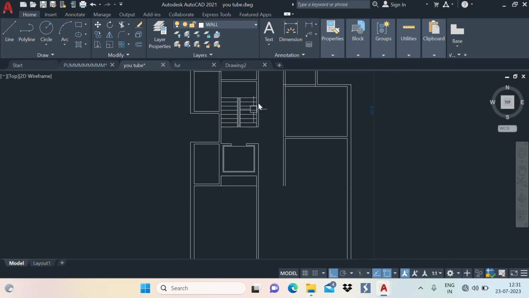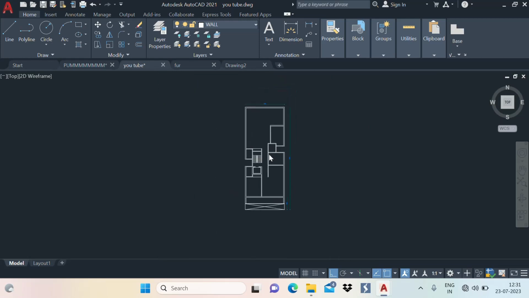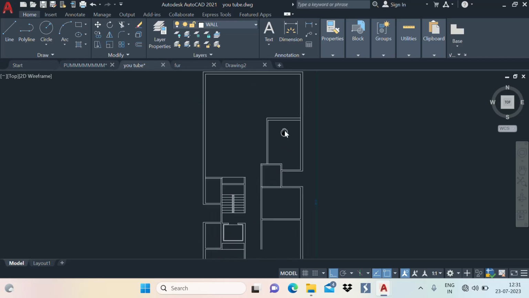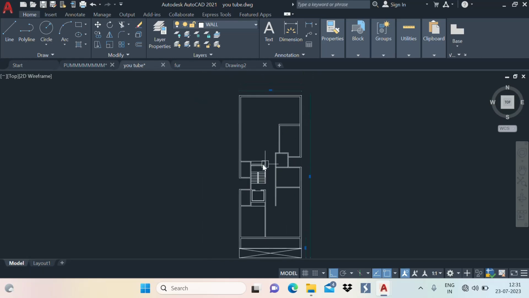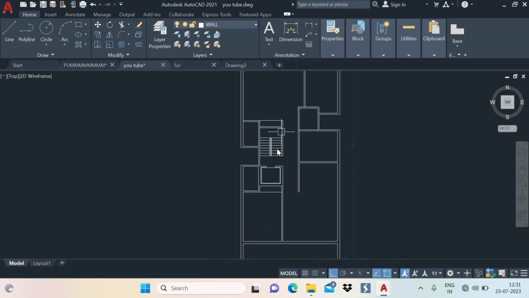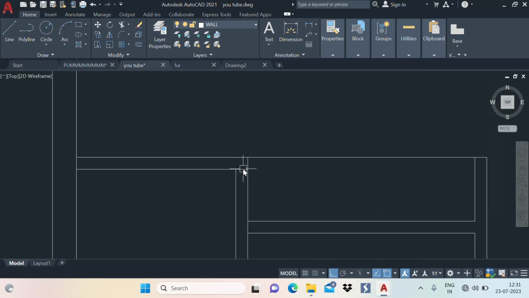You can differentiate the other line from this. After making this, you can see our staircase and lift portion is made. Now after this we have to just make a